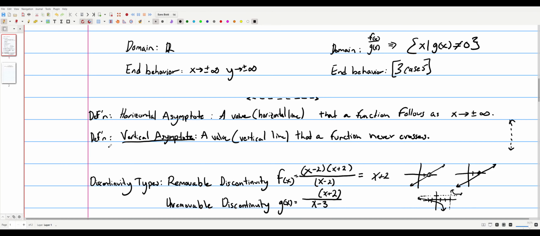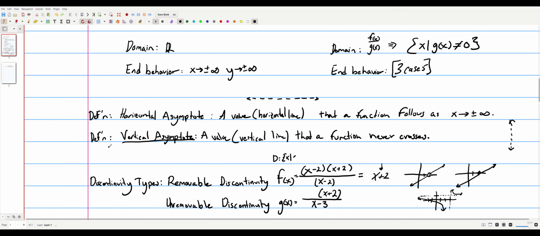And so just a quick example of this, you'll cover this more in calculus, but if f of x is equal to (x minus 2)(x plus 2) divided by x minus 2, you'll see that because we have factors that are common, we can eliminate, right? We can cancel out these two values and we'll be just left with x plus 2. However, because f of x was originally (x minus 2)(x plus 2) over x minus 2, we have to abide by the restrictions of our original function, not the function that we ended up with after doing some algebra. And so f of x, the domain of f of x, is all real numbers except x